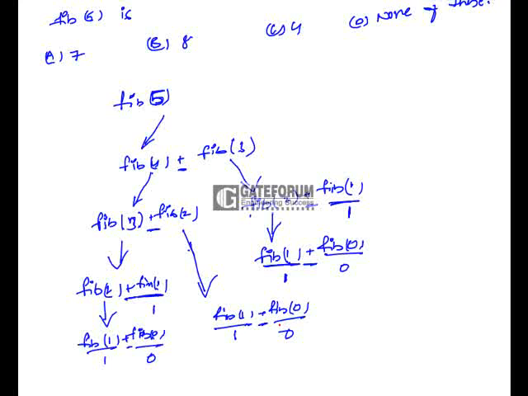Taken place in order to calculate Fibonacci of 5, and the value returned is, here 1 plus 0 is 1. So this will return 1. Here 1 will be there. 1 plus 1, 2 will be there. This will return 1. Here 1 plus 1 plus 0 is 1, so this will be returning 3. Here 1 plus 1, 2, so 2 will be returned. Here also 2 plus 1, 3 will be returned.